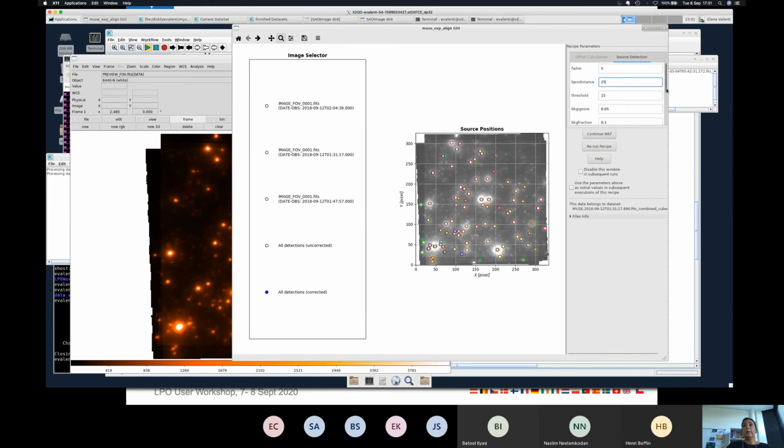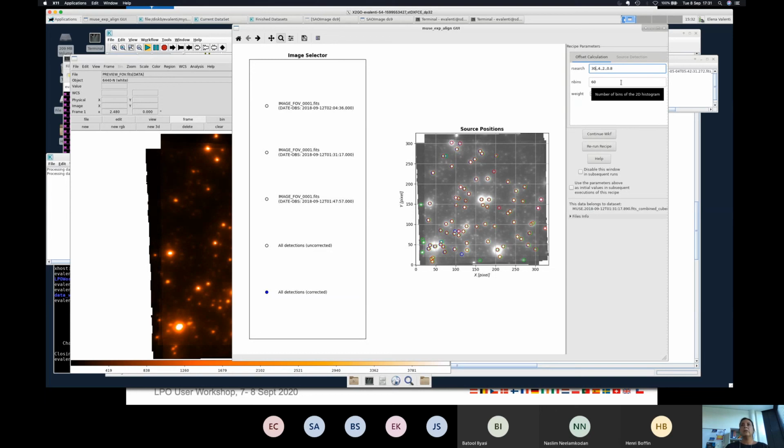Then, especially because I'm dealing with narrow field mode observation, and the narrow field mode has a very high spatial resolution, a spatial resolution of 20 MUSE,